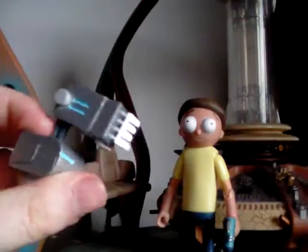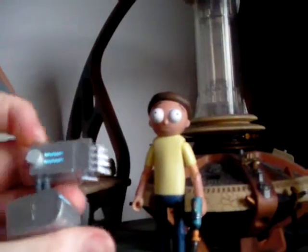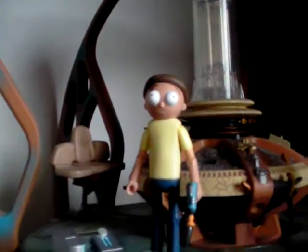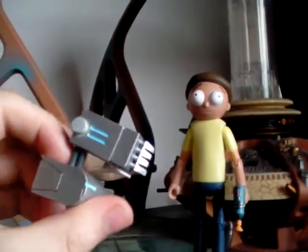But yeah, this action figure retailed for £12. I ended up buying it for £12 from a comic book shop in Halifax called Legacy Comics. So if you are ever in that area, maybe you should check them out, because they're really good. Little small sort of independent comic book shop. So yeah,